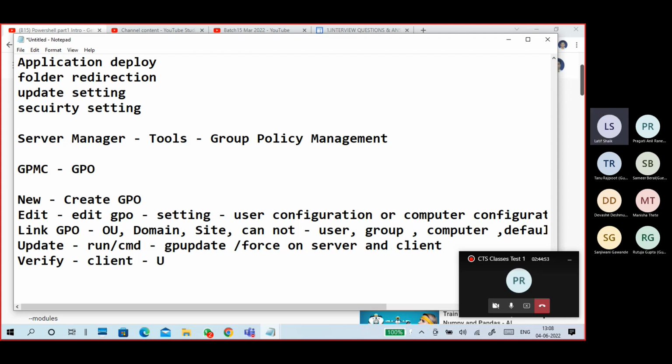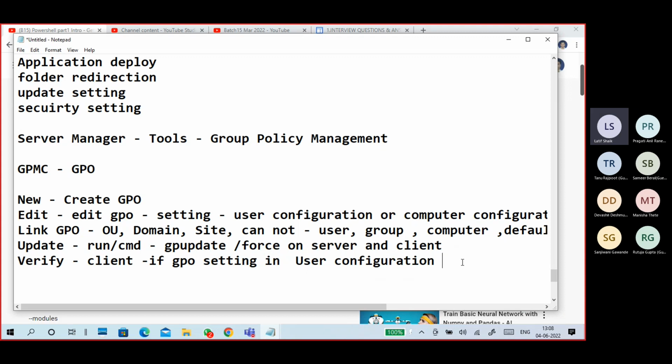If it is a GPO setting in user configuration, we need to sign out, sign in, meaning next sign in.